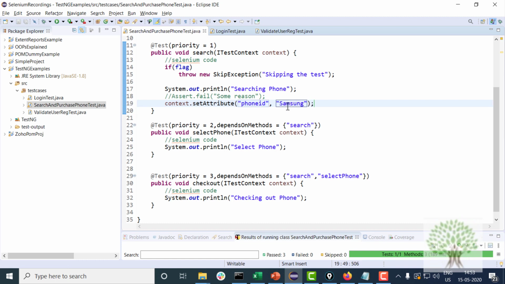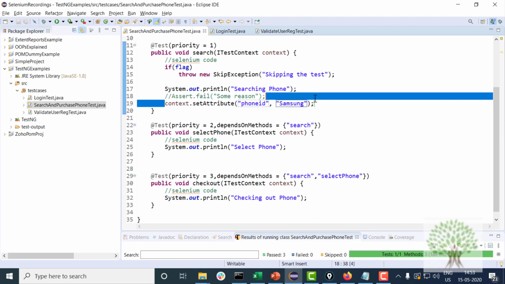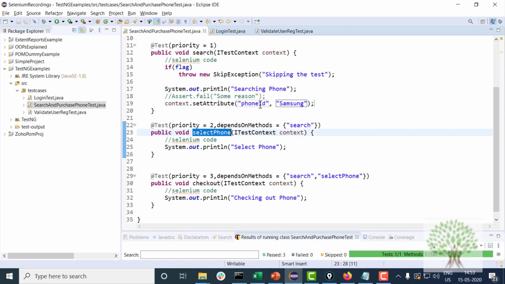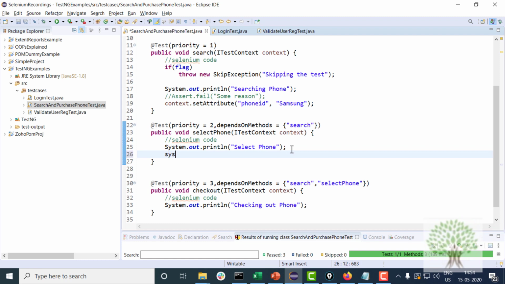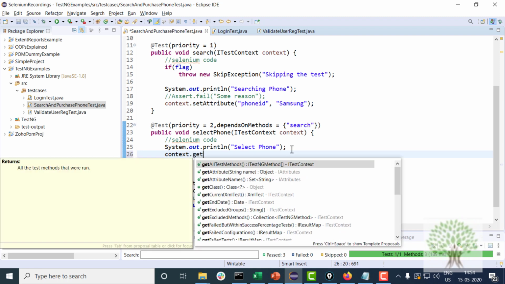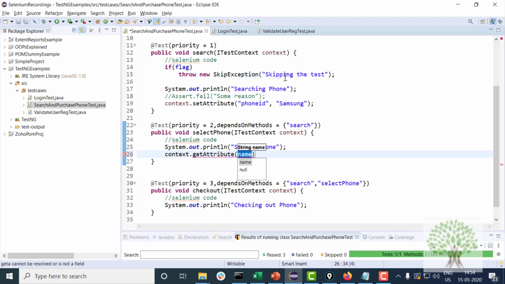I'm just giving you a normal idea. And if you want to retrieve the phone ID inside the other test case, suppose select phone, you can write over here context.getAttribute phoneID. You can write like this.